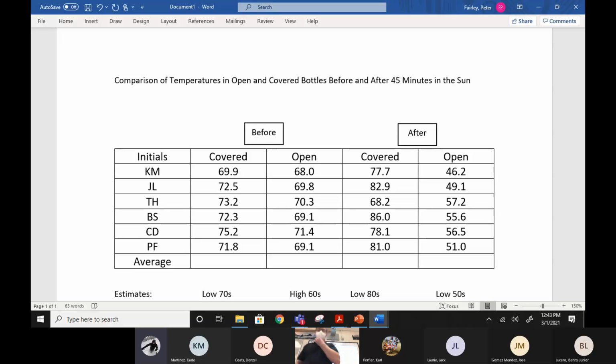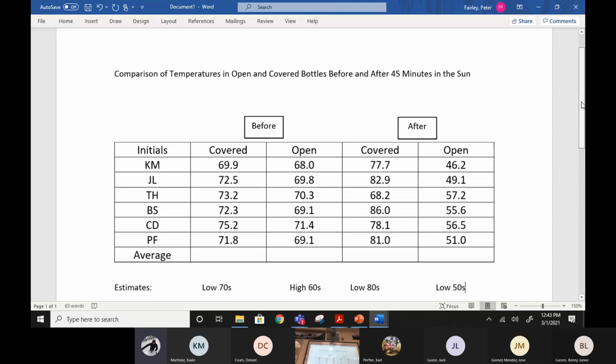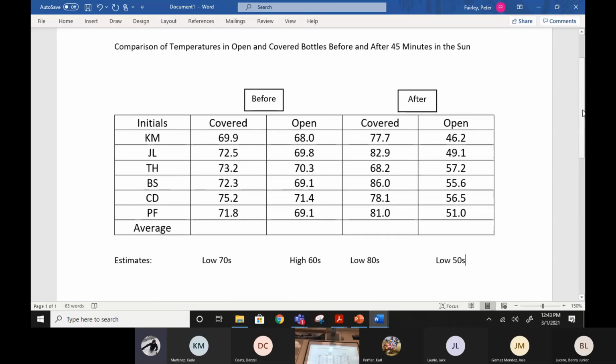So you can always check your work when you're doing an average by seeing if your answer ended up in the middle of the rest of that group of numbers. If it's not in the middle, then you know you made a mistake. And so I put some estimates at the bottom of the page. If your answers are in that range, then it's probably a good answer. For example, I am estimating that the covered